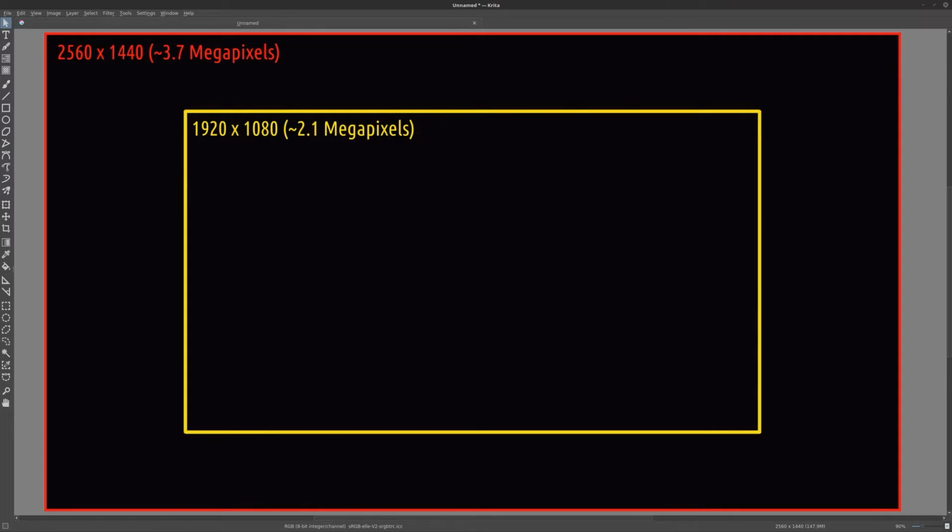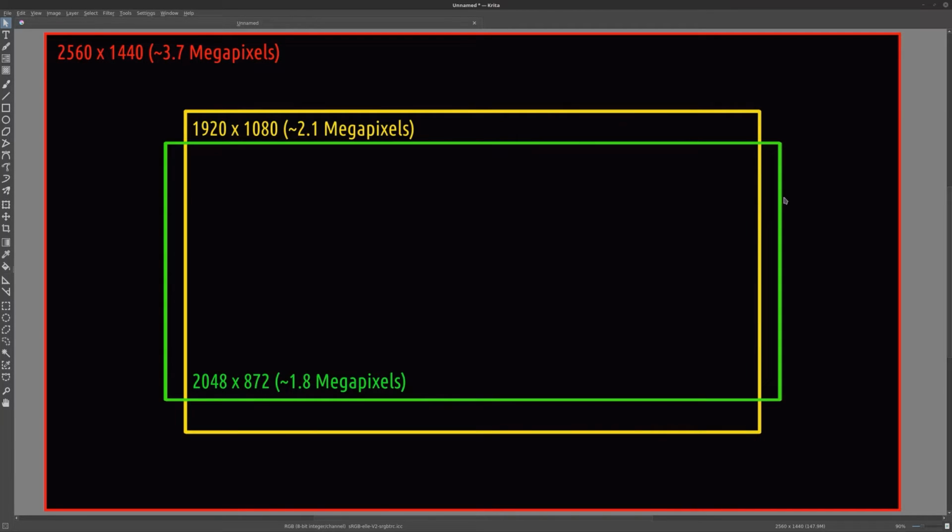So something that I used to do in certain projects to save myself a little bit of time is actually render at a 21:9 format at 2K, which is 2048 by 872. Sometimes you see it as 878, it's thereabouts, but this is just for demonstration purposes. Now what this means is that I have a slightly wider image, which I prefer because it looks slightly more cinematic, but it also meant that I had about 0.3 megapixels less, which meant it rendered slightly faster than 1080p. And if you have one or two computers at home and you don't have that much render power, it can make quite a bit of difference already.